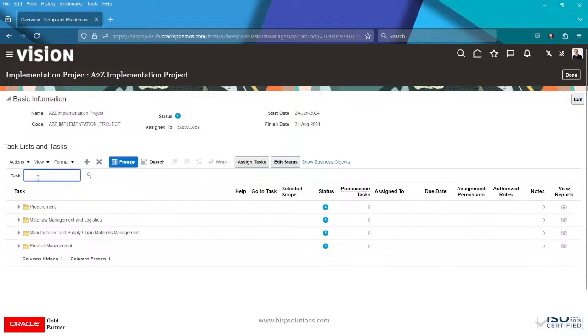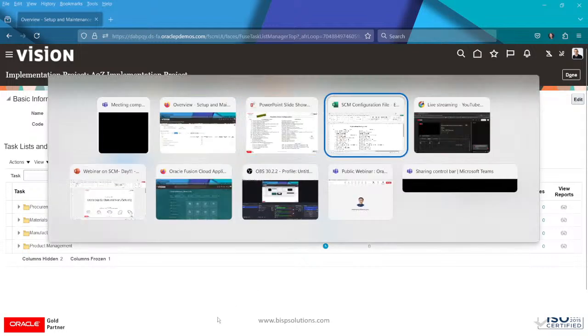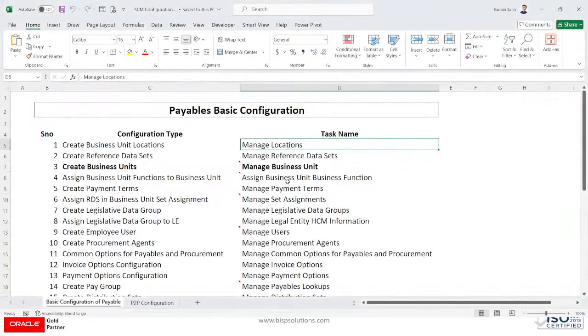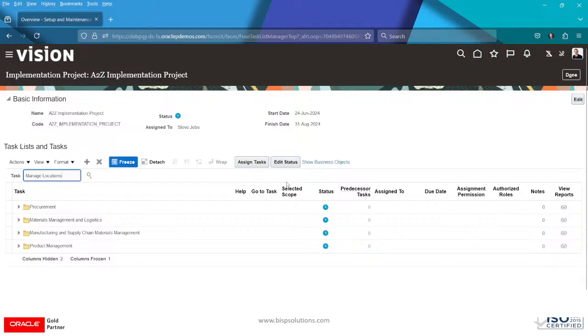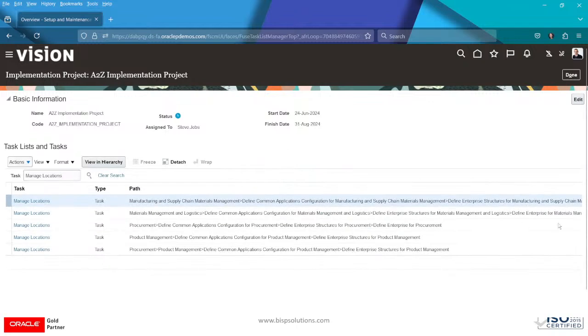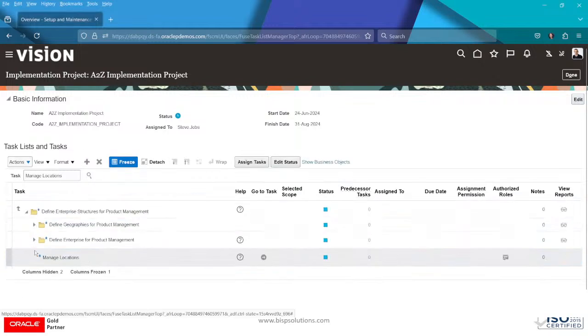Let's search with the task name, that is manage locations, right? So let me search with manage locations. This is the task name, right? Manage locations, select any one of that task. So manage locations, go to the task icon,